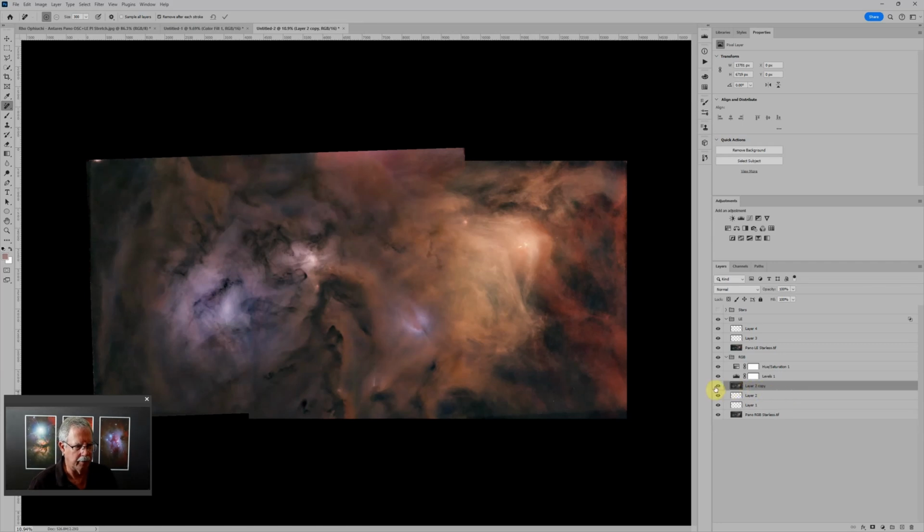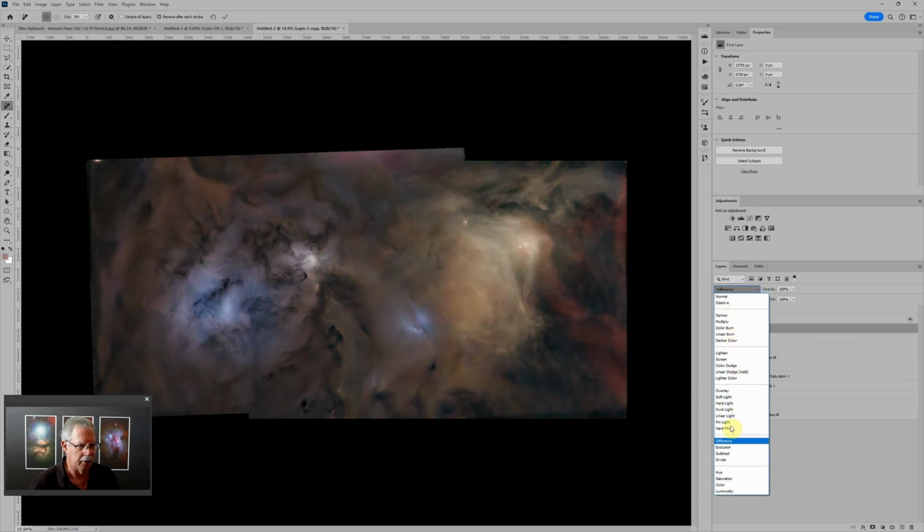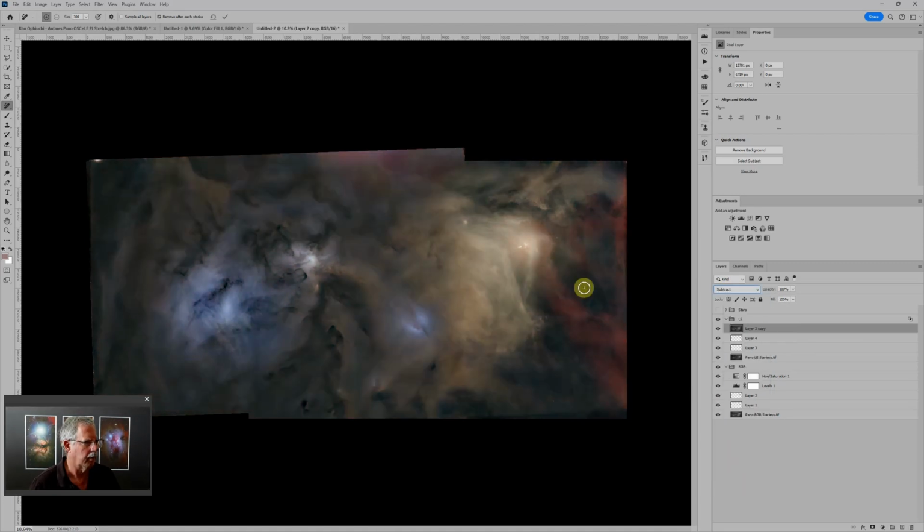So this is the RGB with those color and burn and dodge layers already applied. And I'm just going to bring it up here above the L-enhance and put this layer in subtract blending mode. So now what we've done is continuum subtraction. We've used the RGB data to subtract from the L-enhance